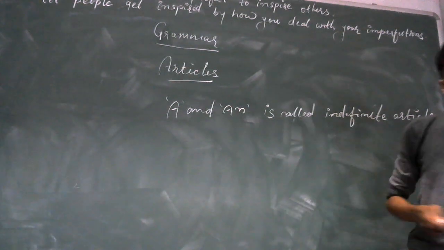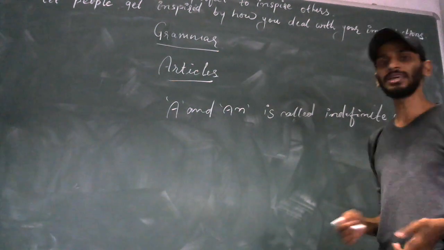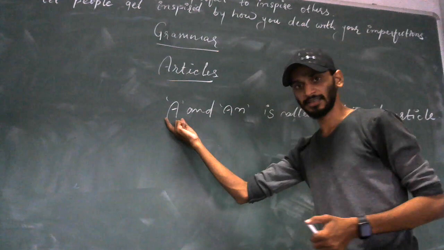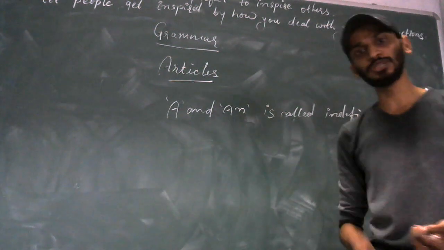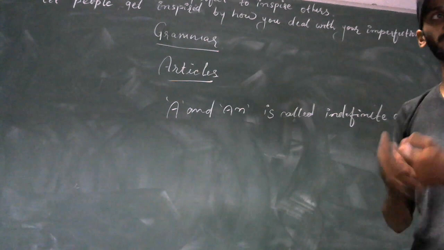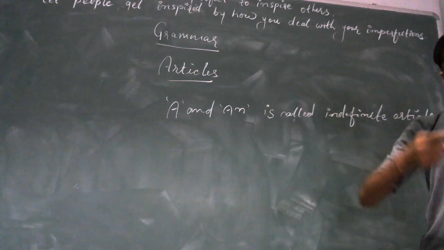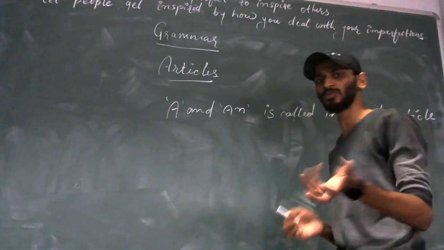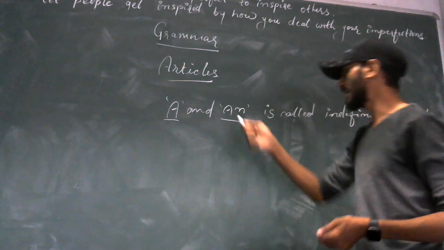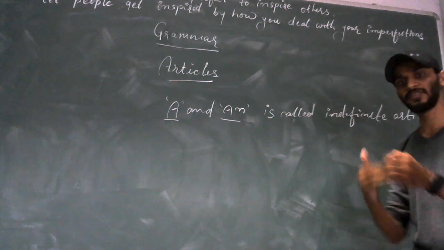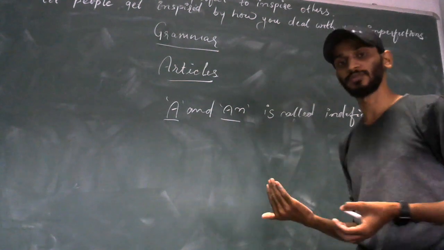indefinite article is that it is not fixed in the sentence. Sometimes we write A in the sentence before the noun, as you know that articles are always used before a noun to specify whether the noun is singular or plural, whether it is definite or indefinite. So here the letters A and AN are not definite in the sentence. It changes with the noun.